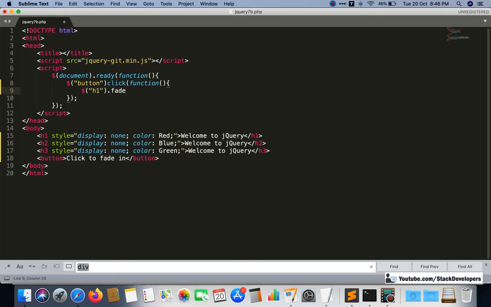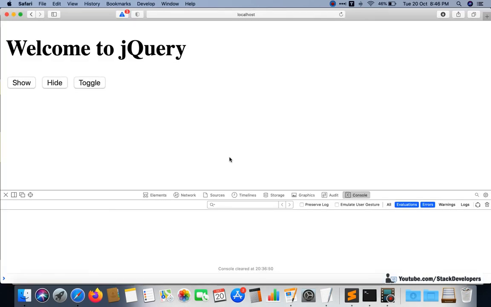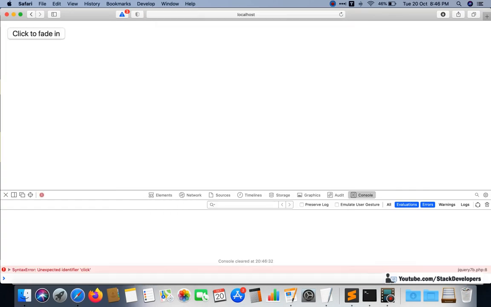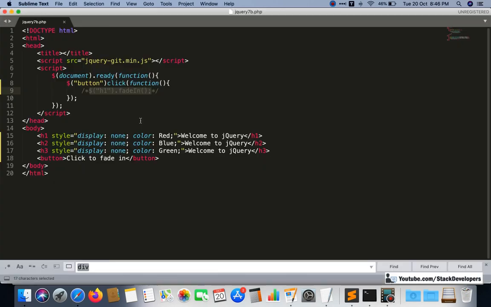So here I will use fade in. First of all, the h1 element will appear, that is not appearing right now. See, if I am not going to do anything, you will not see anything. All three are none, so you will only see, sorry, now we need to change. This is the 7b.php. See, only the click to fade in button is coming and nothing else is coming here.